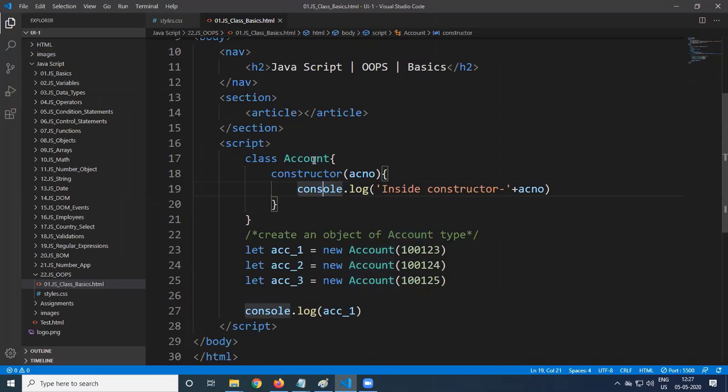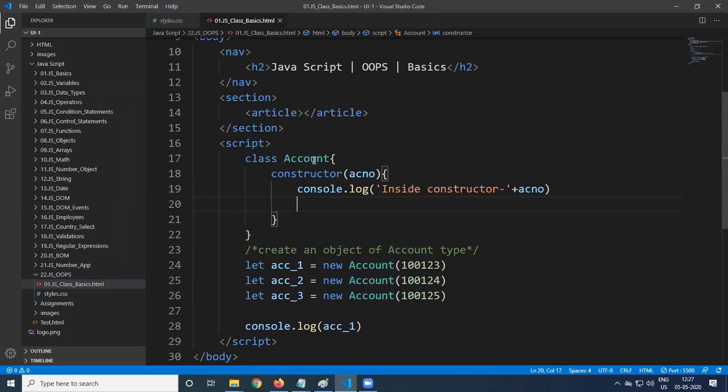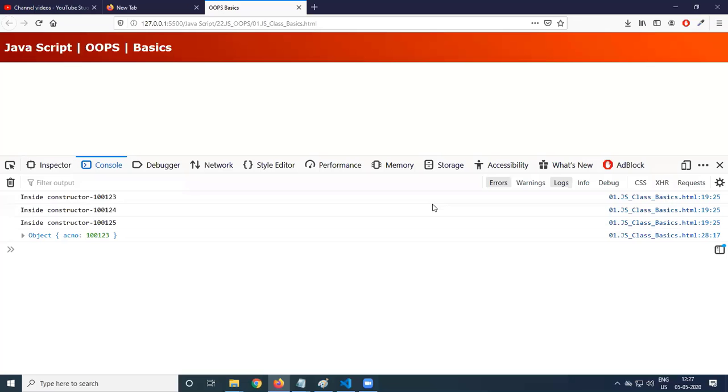So we define this. To assign the account number, this, the reference of the current object, dot ACNO is equal to ACNO. This means the reference of the current object. To the current object, we are adding a property ACNO, and the value is ACNO. Now when you run this, the first object's account number is coming.